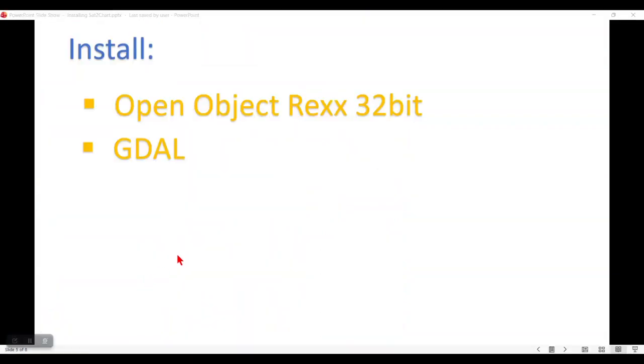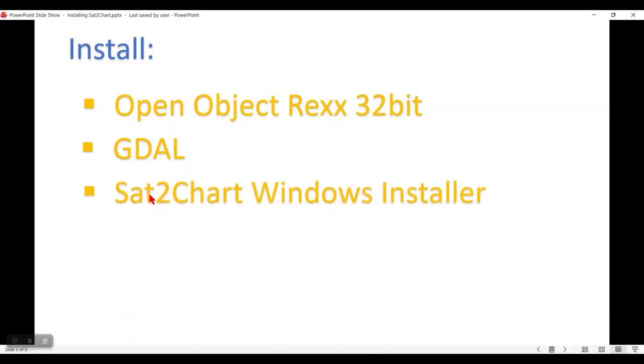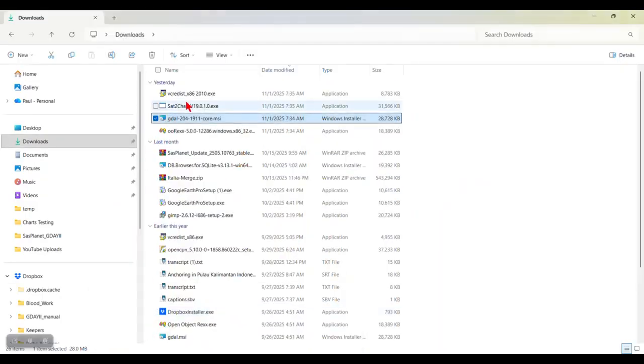Okay, the next one we want to install is the Sat2Chart Windows installer. So go back to our download directory, and here's Sat2Chart version 19010 exec. That's the latest one as of this time. So we double click it,